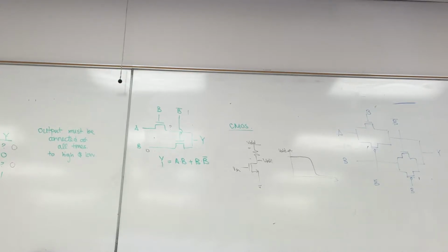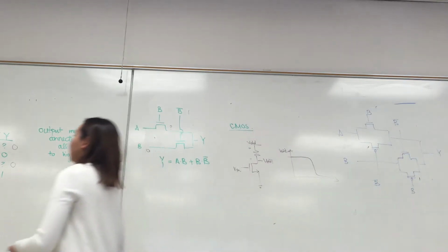Right? Remember how drain and source are interchangeable? So depending on what state you are in, the drain and source might flip between these two, depending if it's low or high. For instance, if A is low and Y is high, like remember what I said, drain is always the highest voltage. So then drain would be here. All right? But in the case of this is low, this is high, this is low, drain would be here. So they'll flip. We'll never ask you to do current calculations with PTL most of the time, so you should be okay. All right? What I do want you guys to focus on for the final is this type of